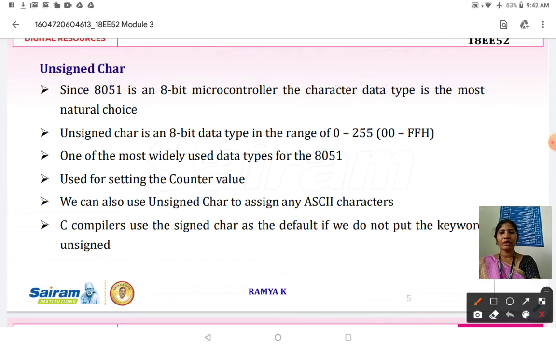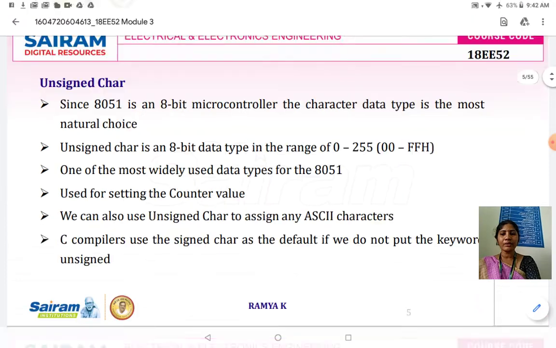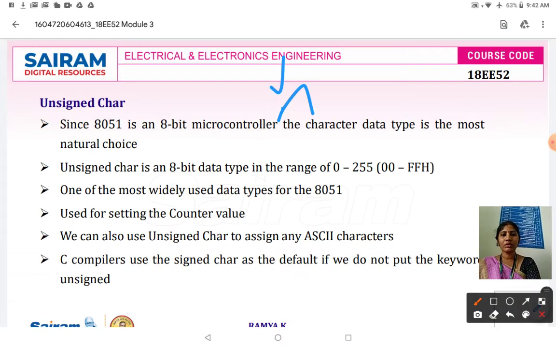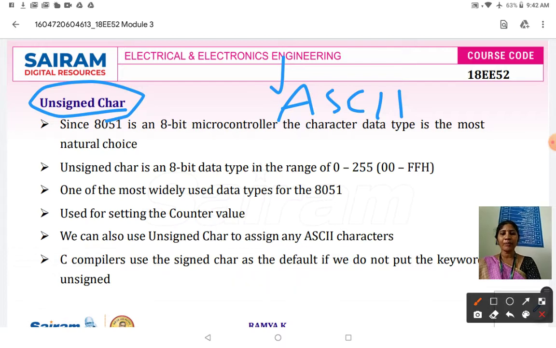So this data type is mainly used when you want to move any ASCII character or when you want to write counter programming. It is the most widely used data type in 8051. And the C compiler uses signed char as the default if we do not put any keyword like unsigned.